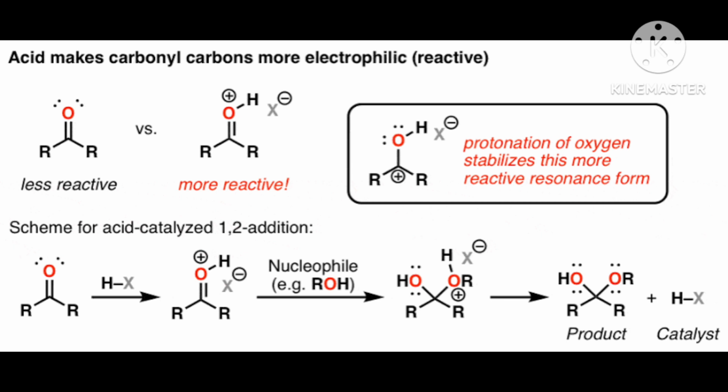Now you can see the addition of hydrogen cyanide, addition of HCN. You can easily understand that in HCN this bond will break and form H plus and CN minus,